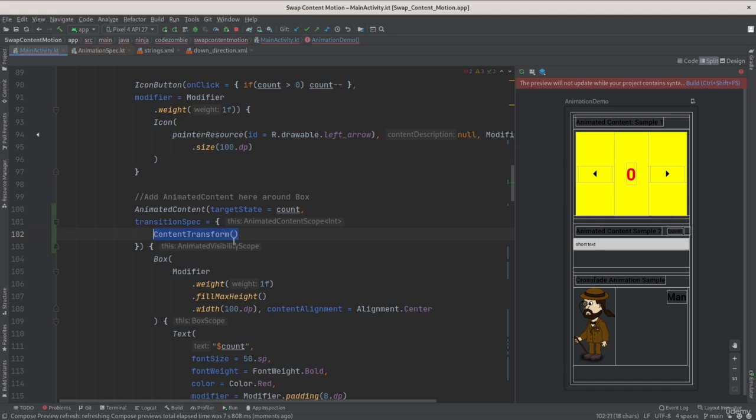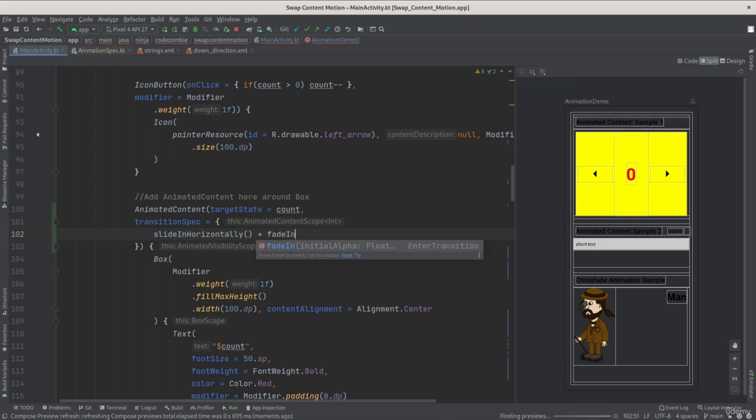Instead of creating a content transform object, I'm gonna use these helper functions. Slide in horizontally for the new content that is entering, and at the same time fade in,